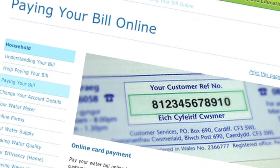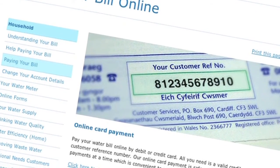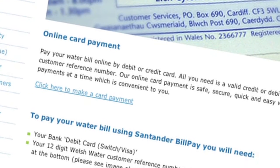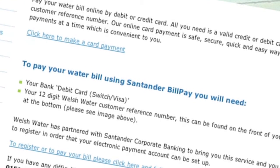use. Simply visit our online payment page and have your customer reference number and credit or debit card details at hand. Any payment you make will be credited to your account in 1 working day. The third payment option is Santander Bill Pay. You'll need to register first with Santander Bill Pay. Once you've completed the registration, simply insert the amount you wish to pay and the money will be transferred to